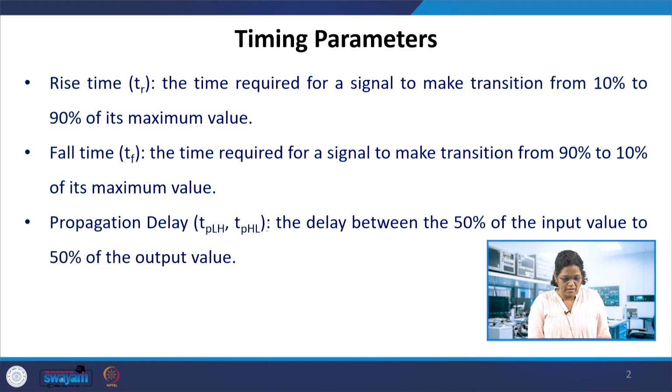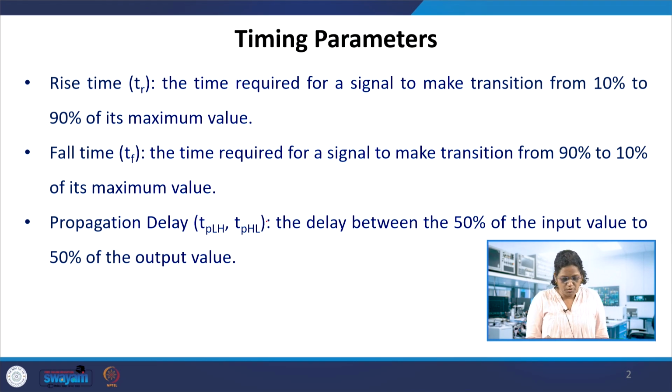And the propagation delays involved are TPLH and TPHL. The delay is measured between the 50% point of the input change to the same 50% point in the output. So how long it takes from that 50% to 50% transition. Suppose the input is making a transition from low to high, and depending on the logic, the output may go from low to high or high to low. If the output is also making the transition from low to high, then the 0.5 to 0.5 from input to output is the TPLH.